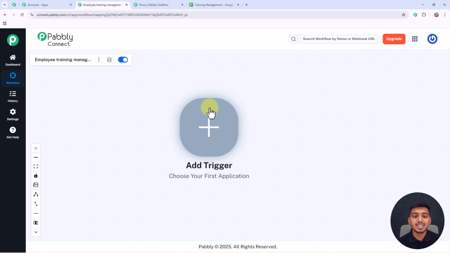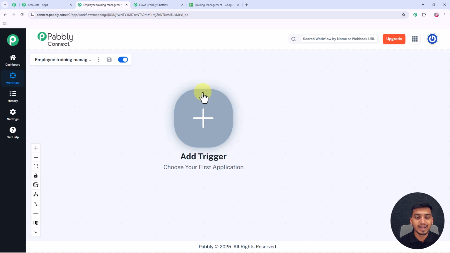And this trigger option is like the event on which I want my workflow to get triggered. And after that, we will work on its action step, which is actually the response towards this particular trigger. And if I talk about definition, trigger says when this happens, action says do this. So now to help you better understand how this trigger and action buttons work, let me discuss my objective for